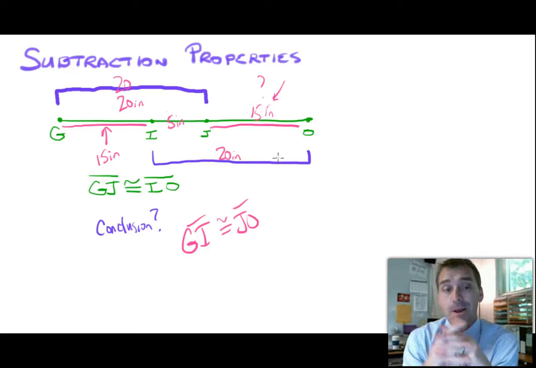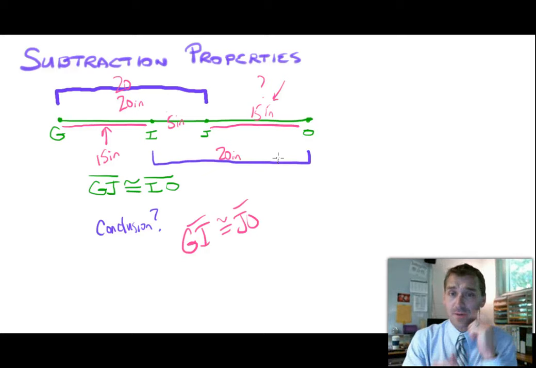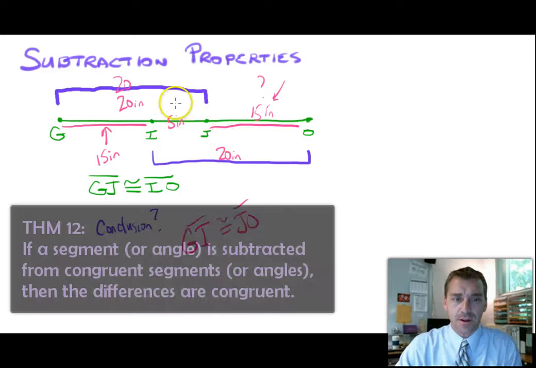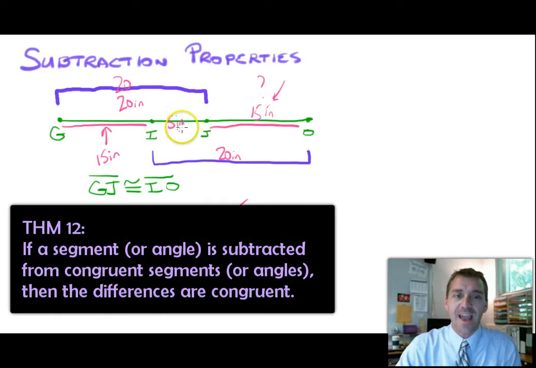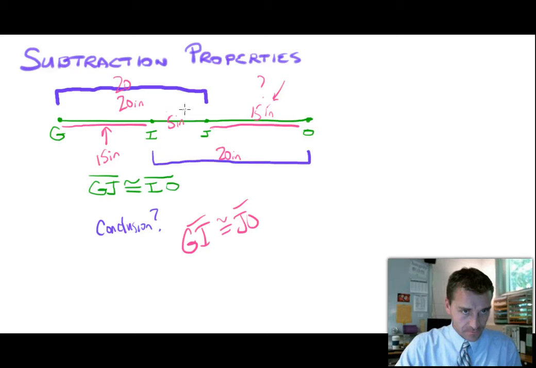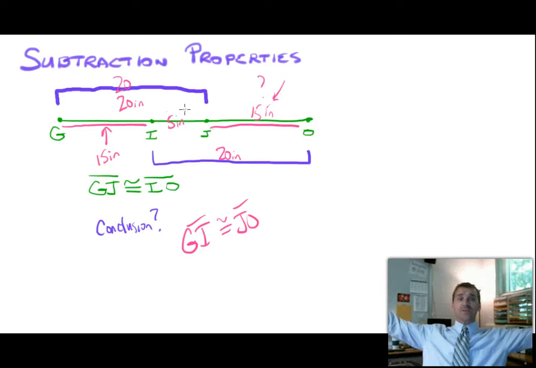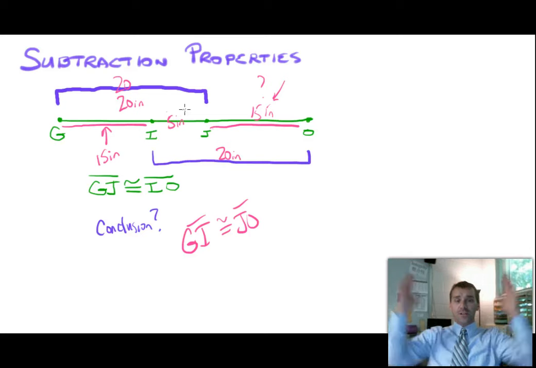So it goes like this. If two segments are congruent... Now I'll take it back. It goes like this. If a particular segment, like this segment IJ, is subtracted from two congruent segments, then their differences are congruent. So you're taking one thing away from two other bigger things that are congruent, and you're getting smaller things that are